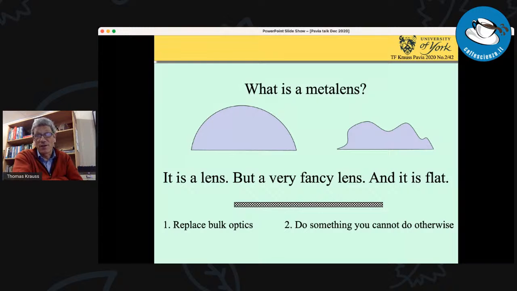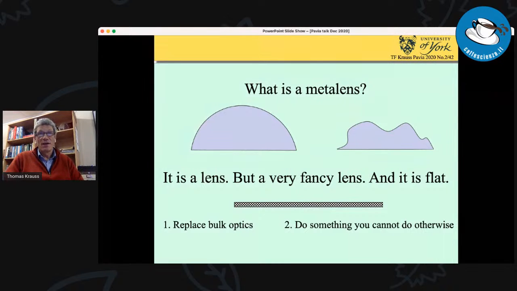But then if you look at the picture on the right, this sort of thing that looks like a hat or a mountain or something, this is just an arbitrary phase distribution. So you could grind glass like this, and it would do something special. I don't know what it would do, but that's not the point. The point is, we don't just want to do planar lenses. We don't just want to do curved lenses. We want to do arbitrary phase distributions. And why this is interesting, I'll come to.